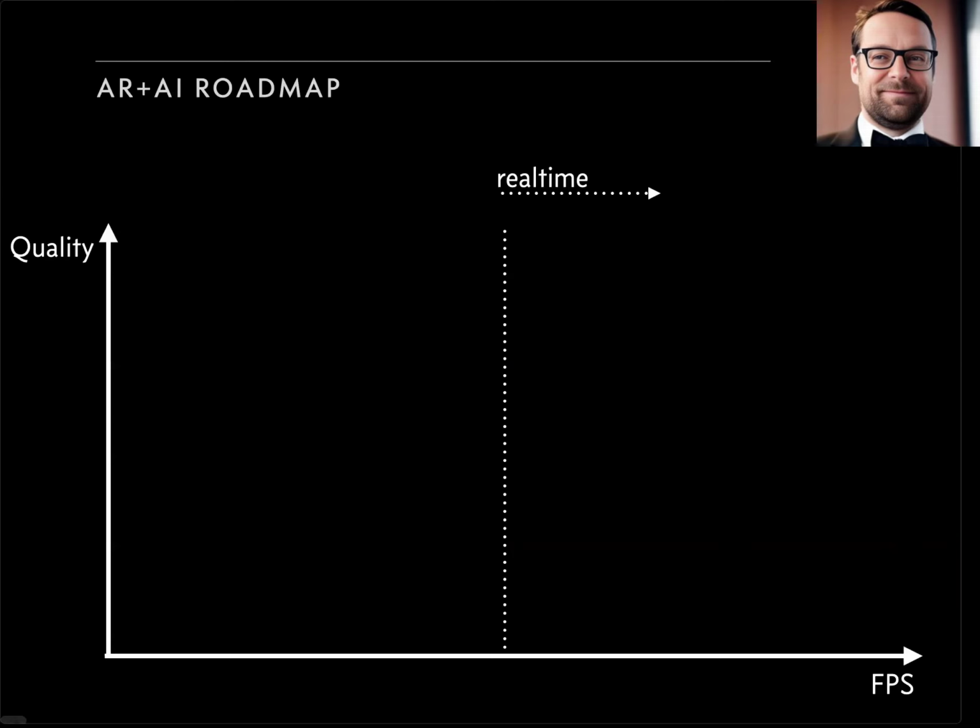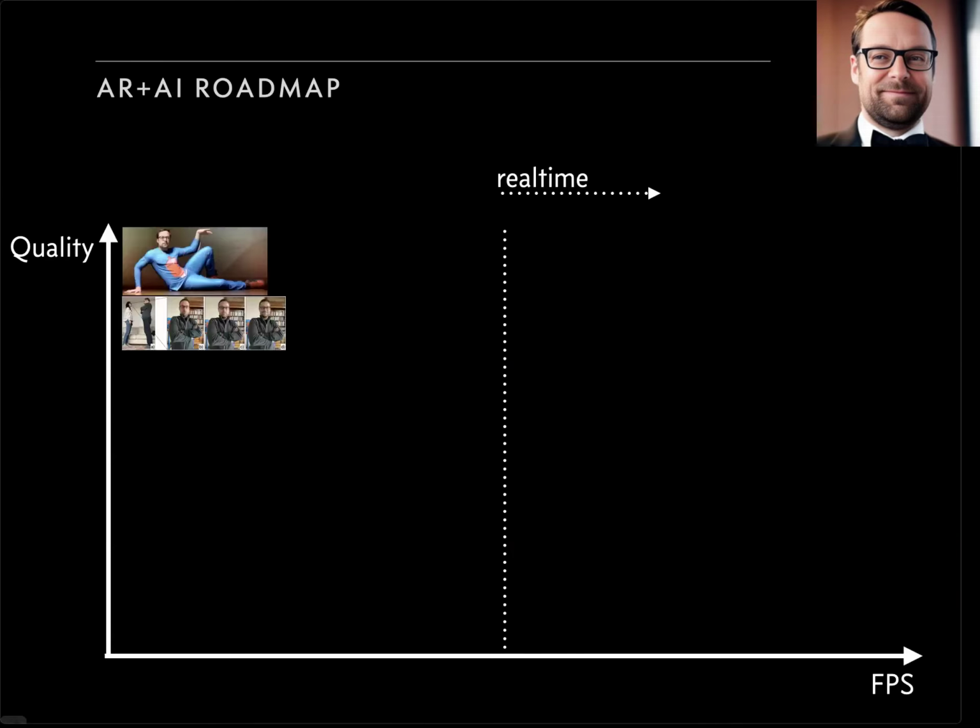Yes, so now what is the bigger picture here? In the beginning I showed you this example where I'm fighting with my wife, and in that one it took 6 seconds per image. So it's about 100 times too slow. And then in the dance video I showed you, it's about 1,000 times too slow. But this is kind of the quality that we want.